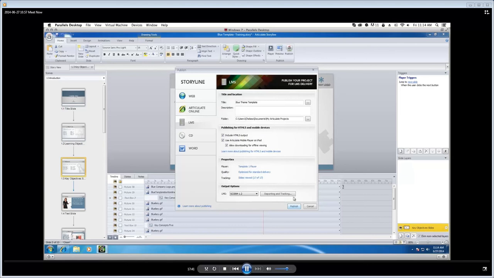Then you would just go ahead and press publish, and it would create a SCORM package for you to upload into your LMS. I see there's a couple other options here. If you did want to burn to a CD, you have that option. There's also an option to go into Word, and what this actually does is it gives you a screenshot of every screen, and also gives you the slide notes you see here,